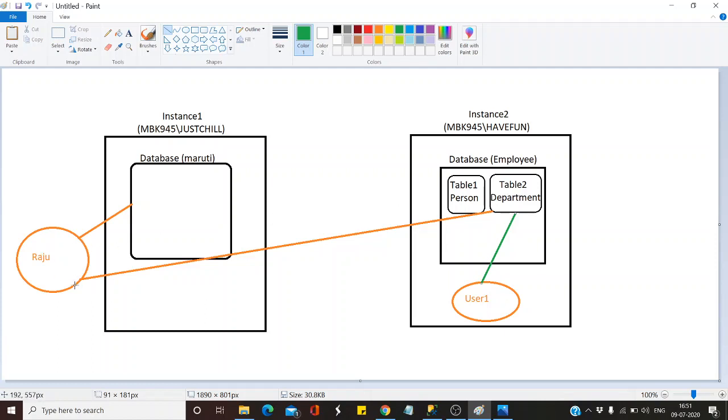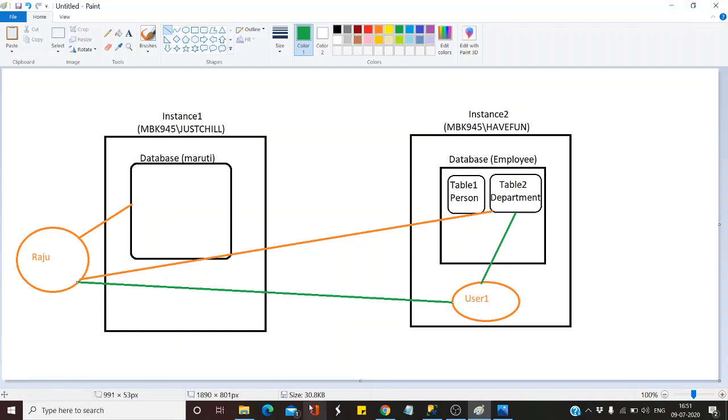Then we go to Raju and map this login. If we map Raju to user1, obviously Raju will be able to view the contents of the table. Don't worry, now I will explain using the lab.